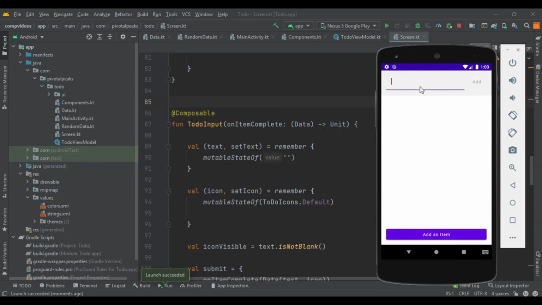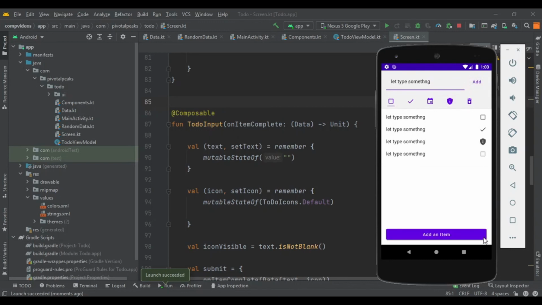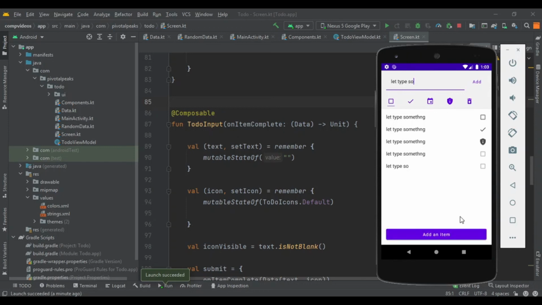Let's see if it's running like it was before. Let's type something. So it's working. Let's check if our Android keyboard is working. That also is working. So it seems like everything is working fine.